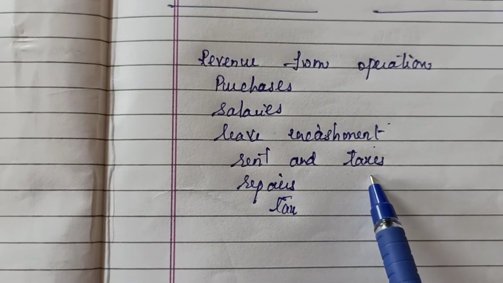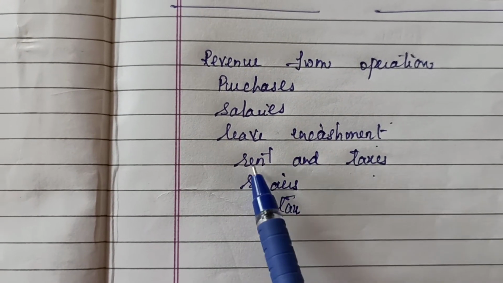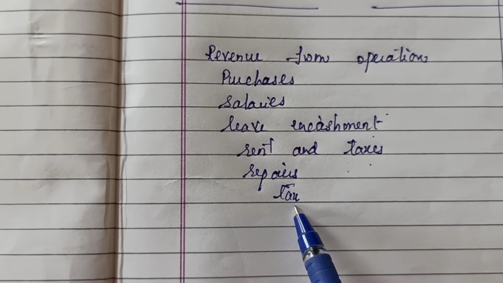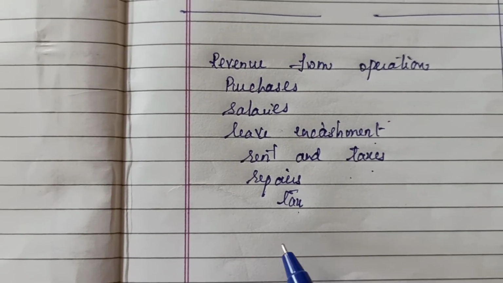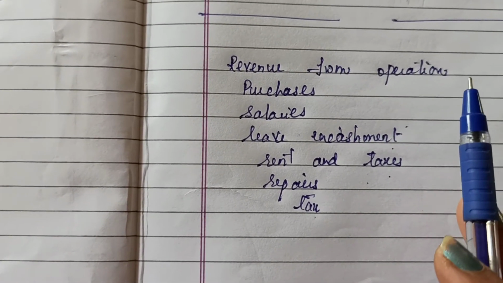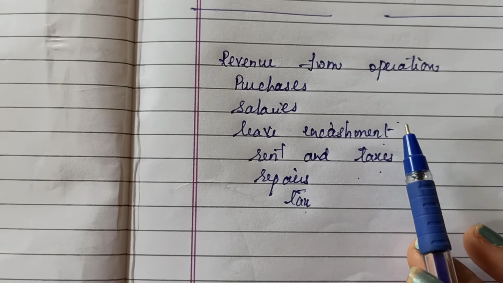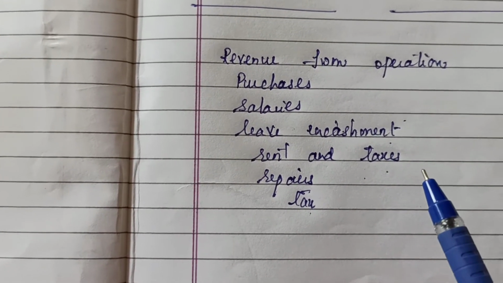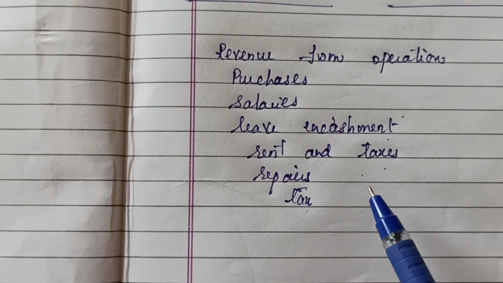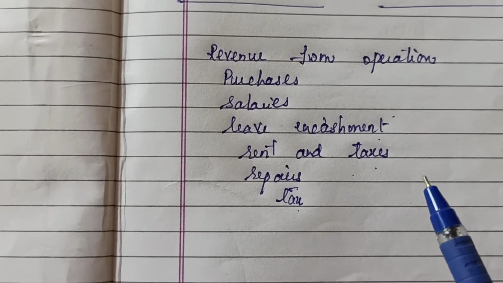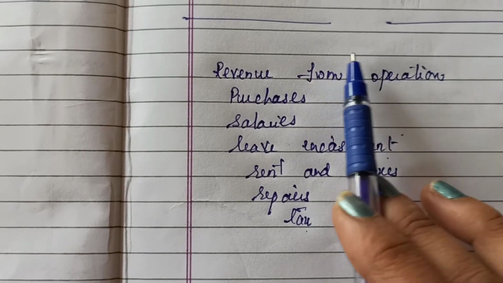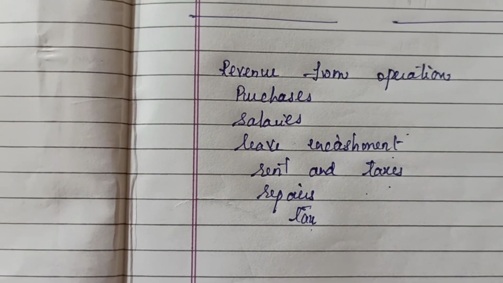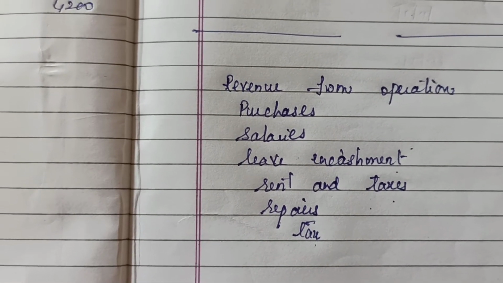Then you have here rent and taxes and repairs. Rent and taxes, repairs and all will go to the other expenses here. And the tax you have to subtract from the profit. So you see the format also, it's given as revenue and the expenses. Under the expenses you have employee benefit expenses, depreciation, financial cost, other expenses, all that you have entered in the format. Now the same thing, what points are given in this question, based on that we are now preparing the profit and loss account for this particular year.